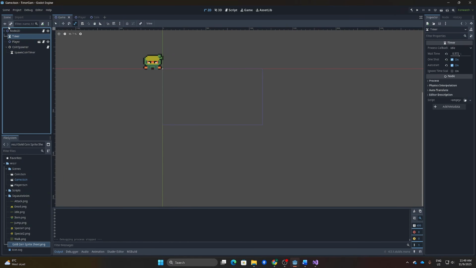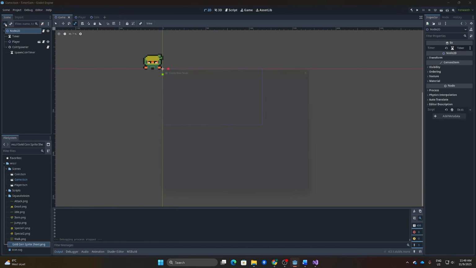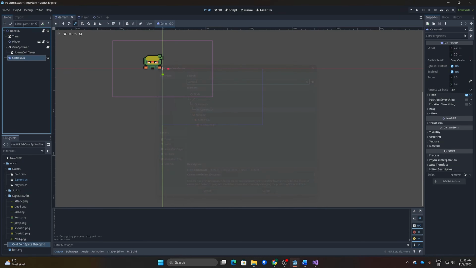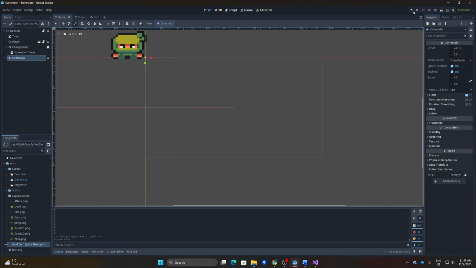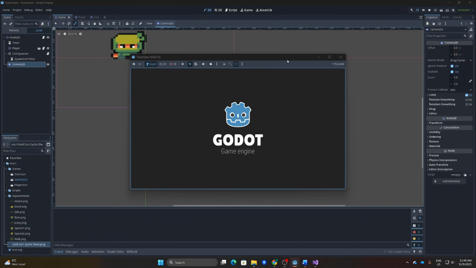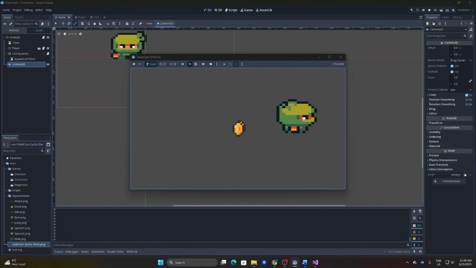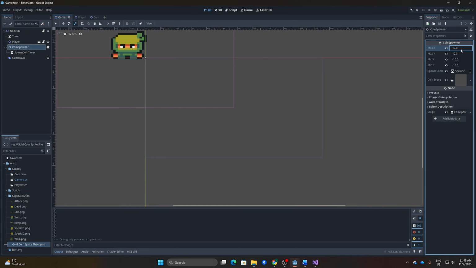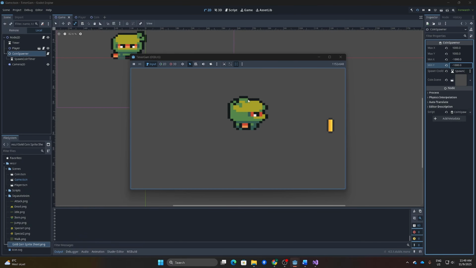And let's just create a camera to move the camera. So create a new node, Camera2D. This camera will be the one on the screen over here now. And you can see the coin here and the coin over there. So you can see that it is working. But I think we will have to use a lot more, like 1000 and 1000 and minus 1000 and minus 1000 to make it look much more scattered, like there and there.